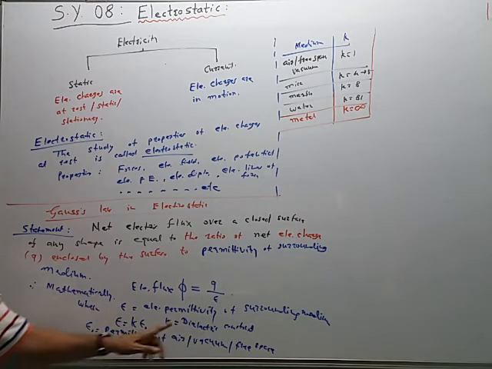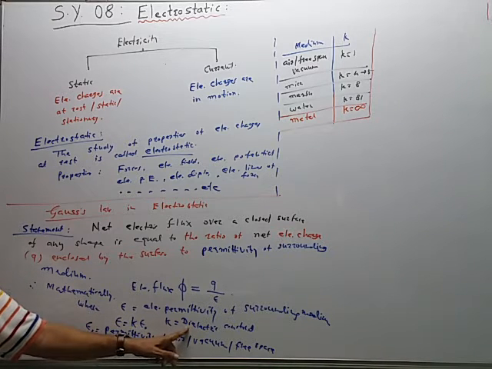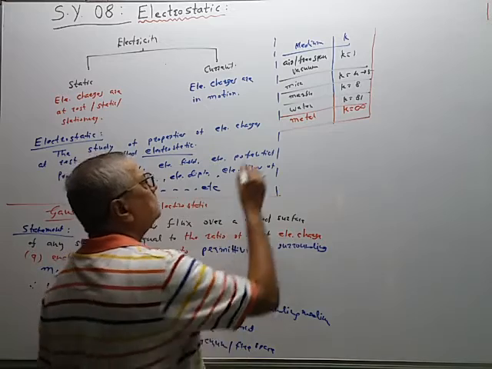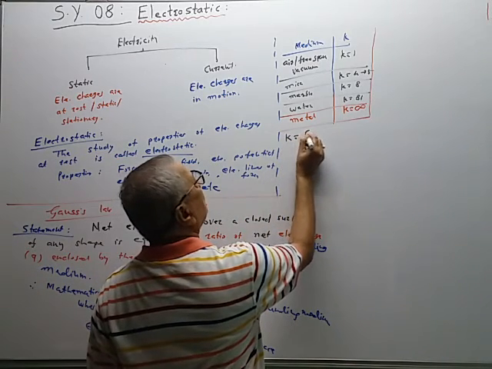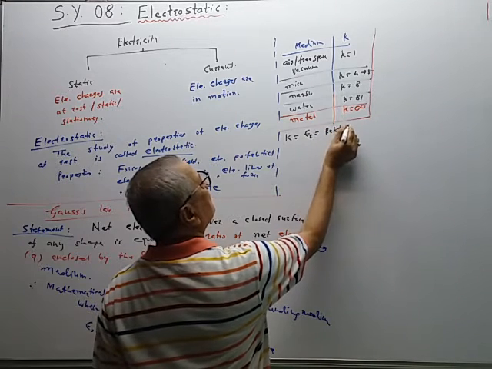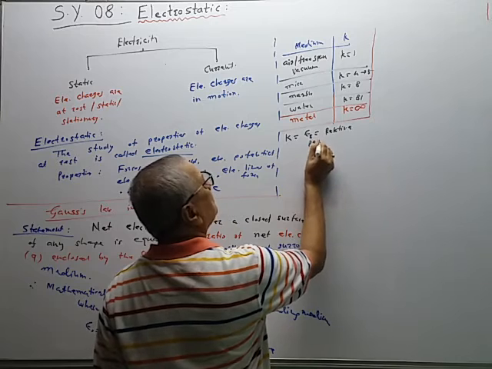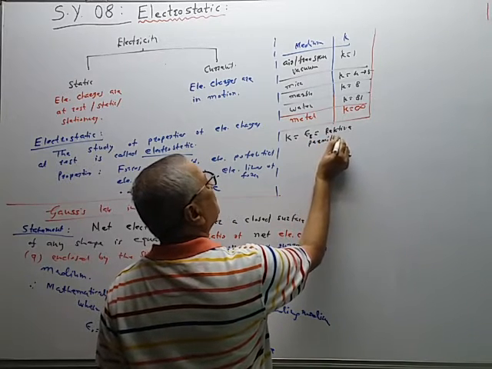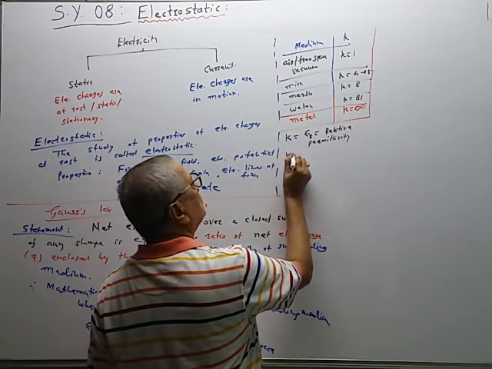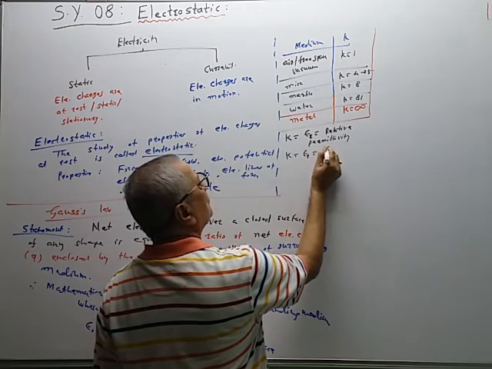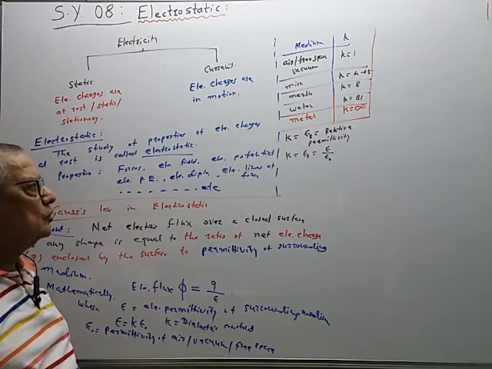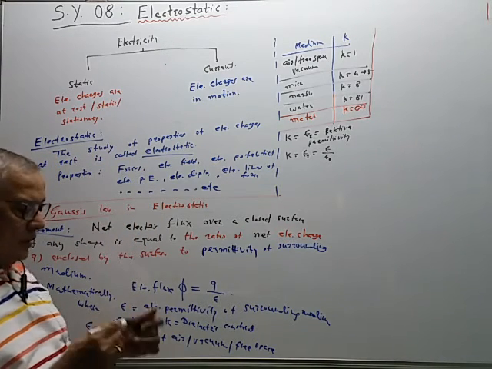K is a dielectric constant. It is also called the relative permittivity. This K is also called epsilon R. It has no unit, like refractive index. It is given by K is equal to epsilon upon epsilon naught. So both have the same unit, they cancel, no unit. K has no unit. Now Q is a net charge.